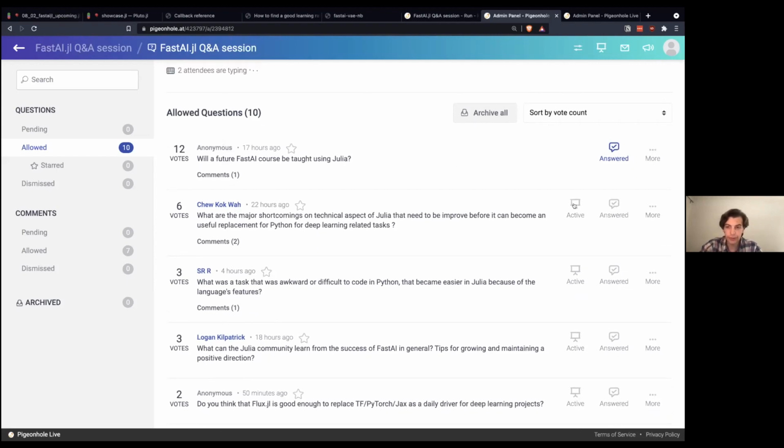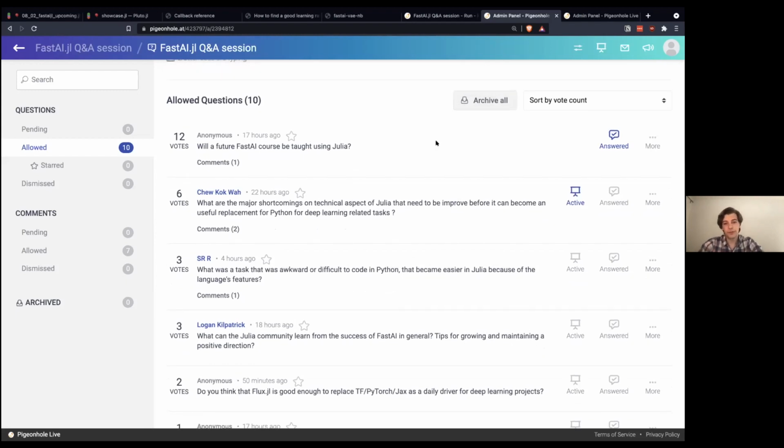And then the next one, I need some help for. What are the major shortcomings on technical aspects of Julia that need to be improved before it can become a useful replacement for Python for deep learning related tasks? I think that for the most part, there aren't really any major shortcomings.